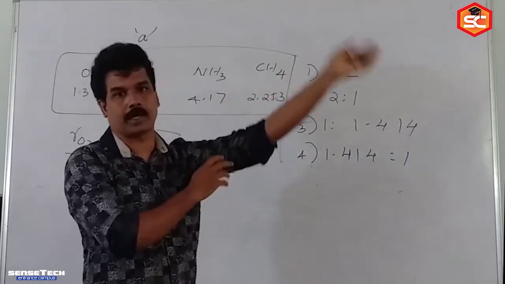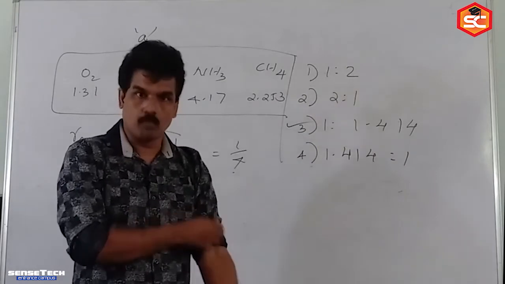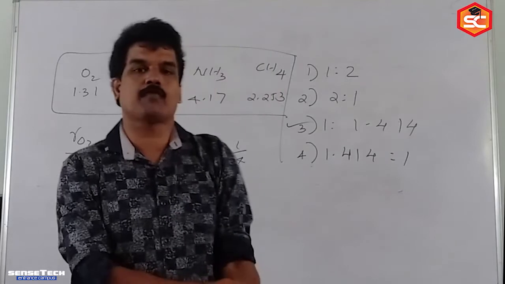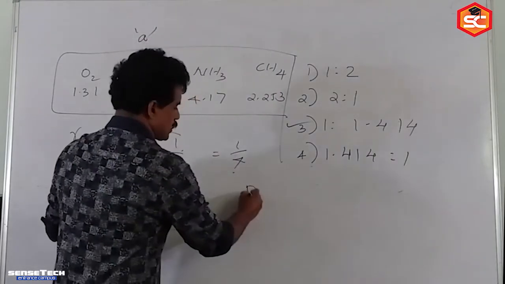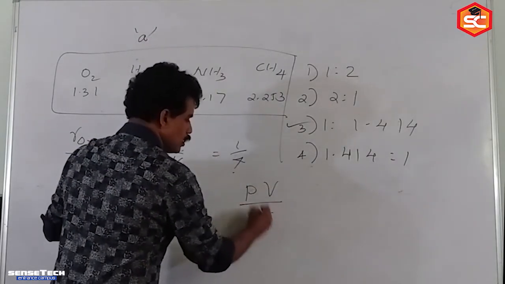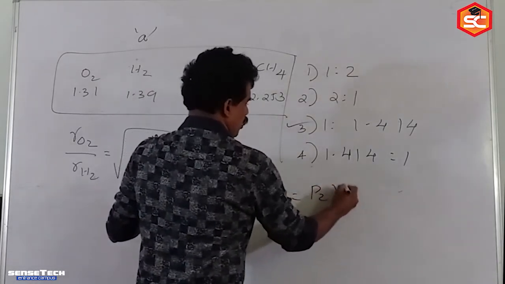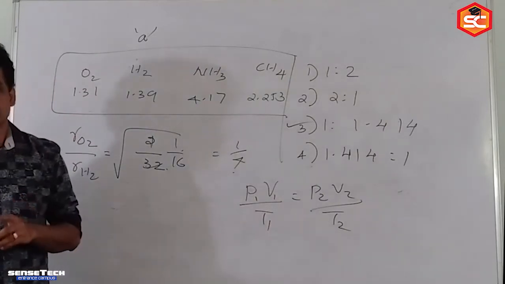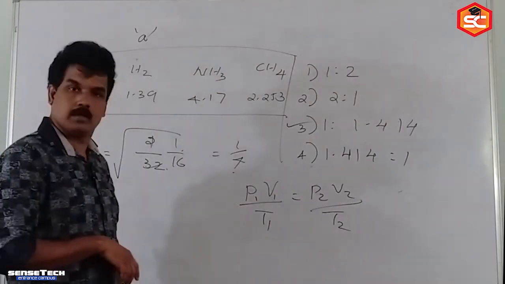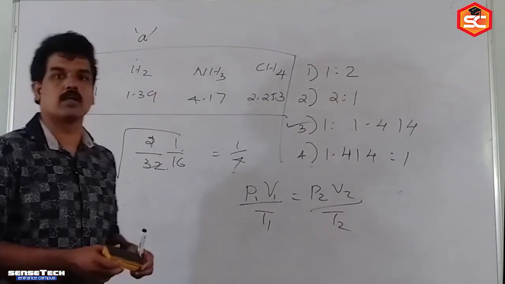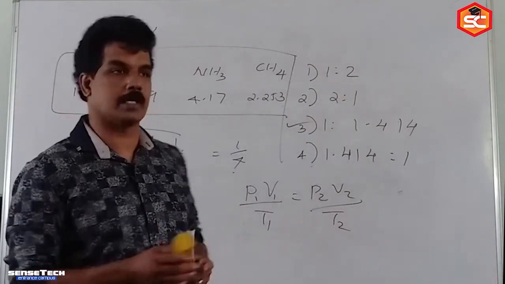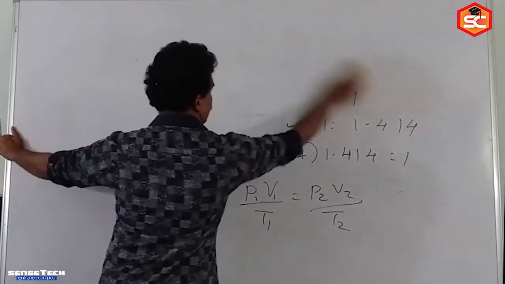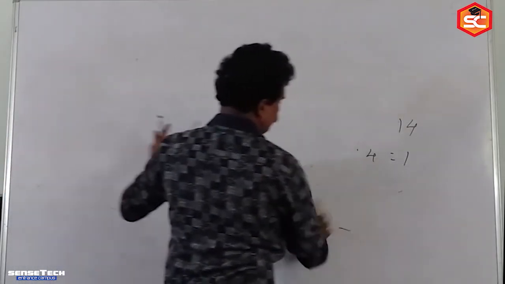Many questions we can practice based on Charles's law, Boyle's law, Avogadro's law, and the ideal gas equation, which is a mathematical expression. In a question, pressure, volume and temperature are all given, so P1V1 by T1 equals P2V2 by T2. This is the expression for the ideal gas equation. Like that, some logical questions also they will be asking, so read the questions carefully and practice. Okay, now I am going to the next topic, that is chemical equilibrium.